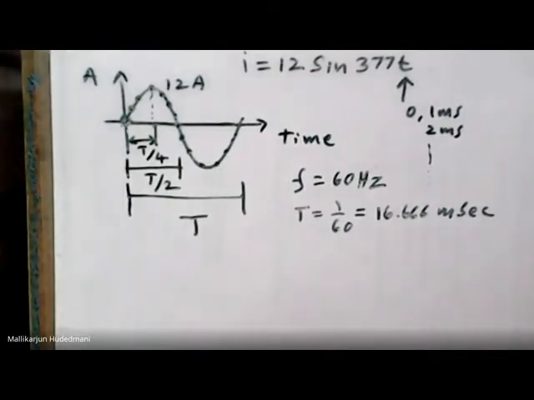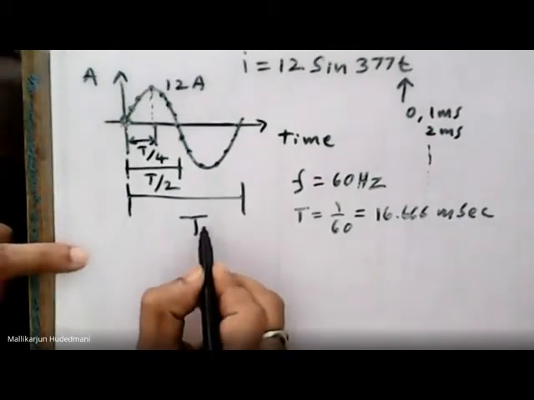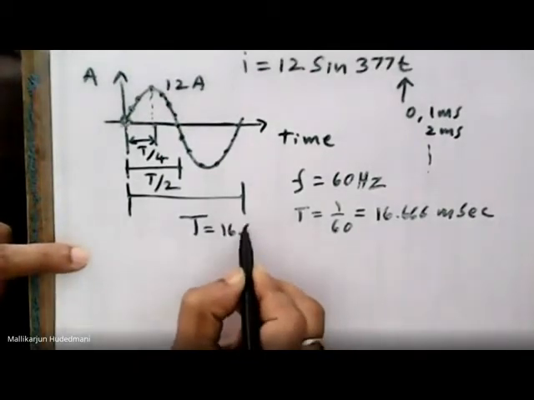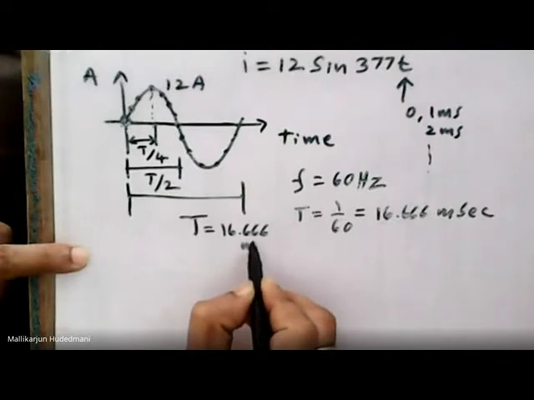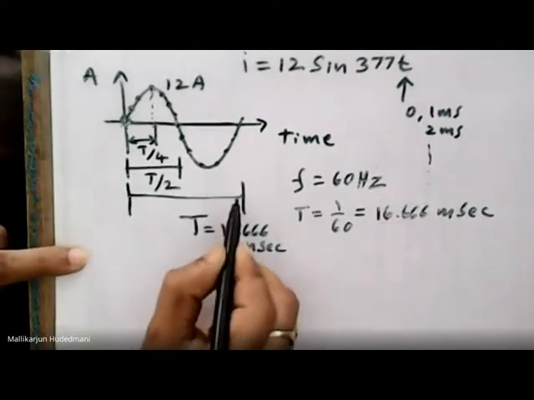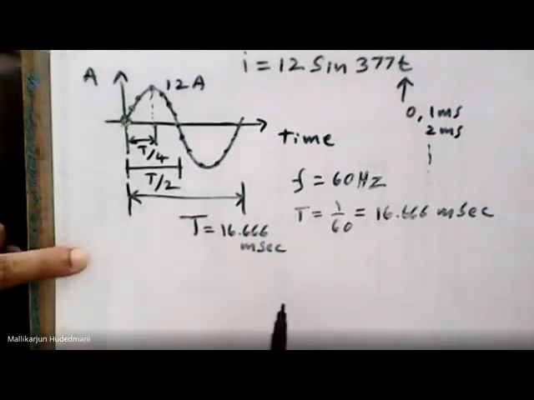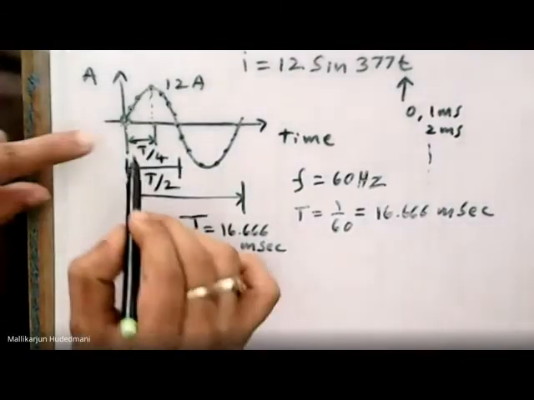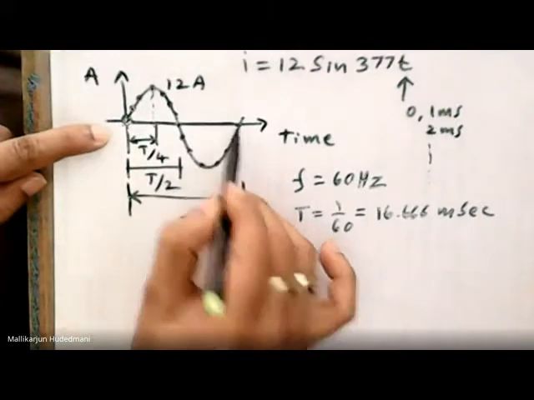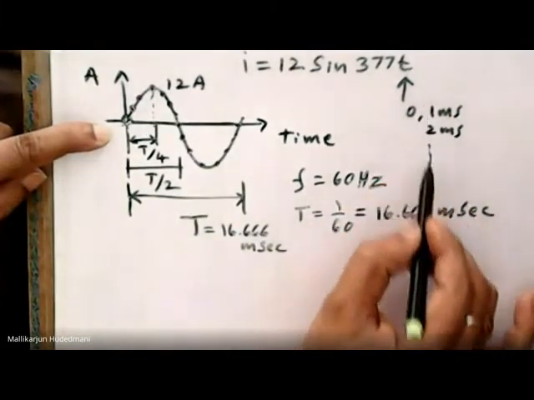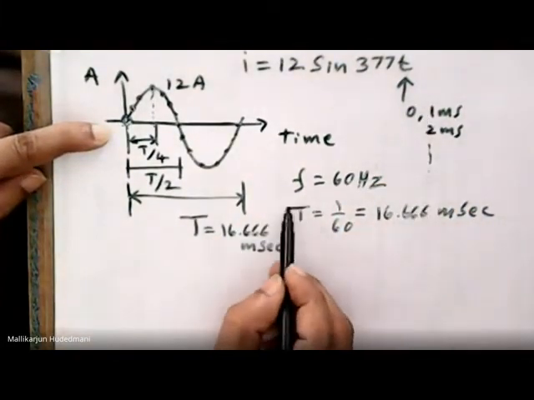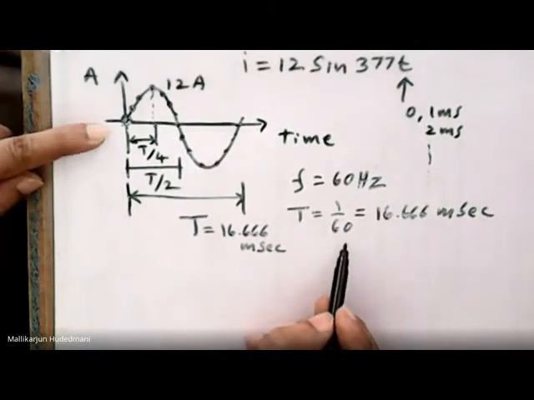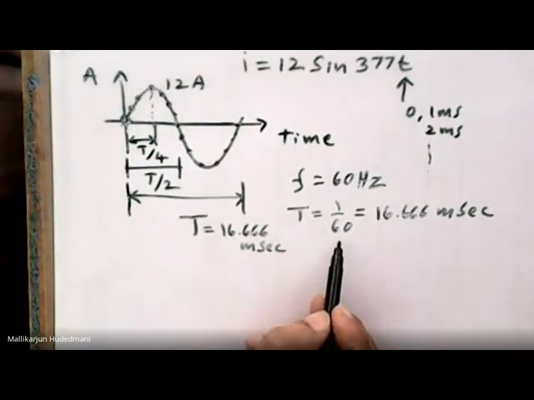Then what is the meaning of this? This is the total length I am speaking. 16.666 millisecond is the time taken for this wave to complete one cycle. Now I am making meaning of frequency and time: if the 60 Hertz wave is there, 1 by 60 refers to the time taken for completion of one wave. One is to obtain the instantaneous value. Second concept is, given the frequency, how to understand the time taken for that wave to complete one wave.